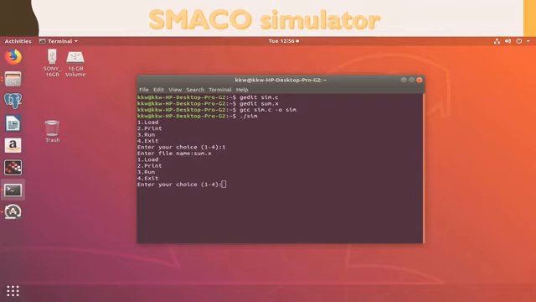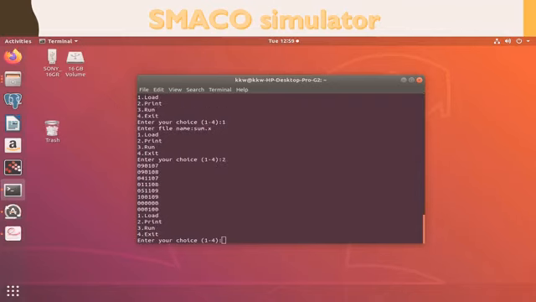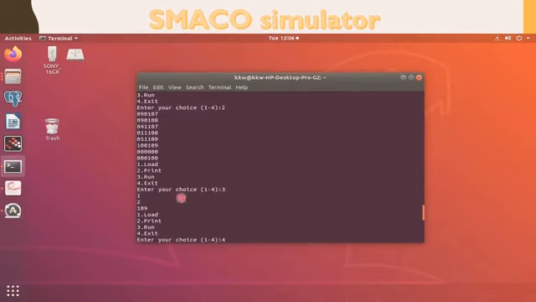Now for the second choice, if you have entered 2, that is print, it will print your sum.x file, right? Whatever you have written in your sum.x file will be printed here. To execute the program, that is 3, it will ask for the inputs.